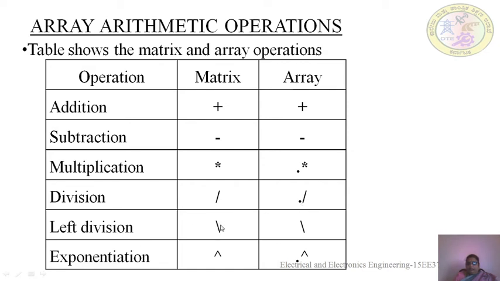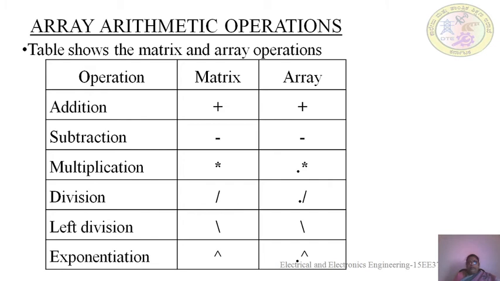So, left division, no need to specify any dot for both when you are going for the left division. But for the power function, yes, you have to specify the dot if it is an array. And if it is a matrix, you need not specify the dot. But the condition is that for the power, it should be a square matrix. Okay. Now, I think you have understood what are the different rules you have to consider for addition, subtraction, multiplication, division, and when you are using the power function.